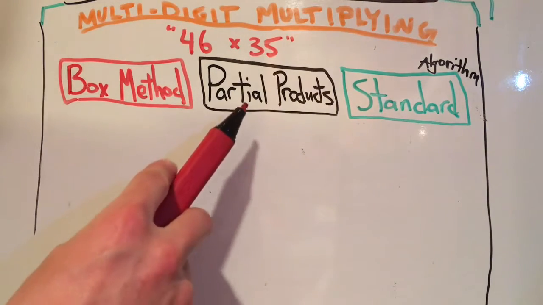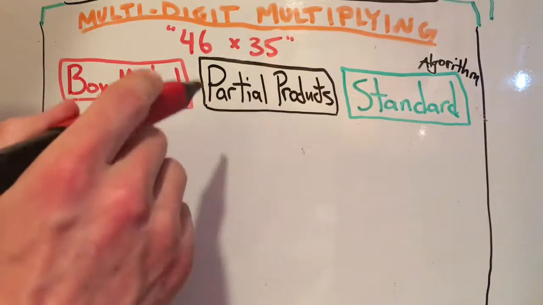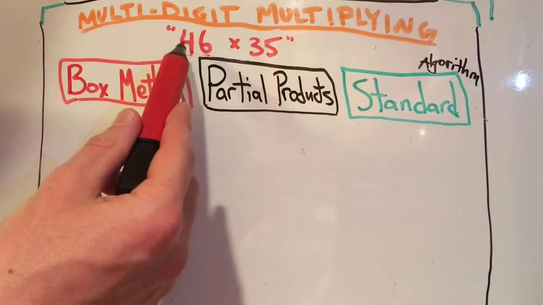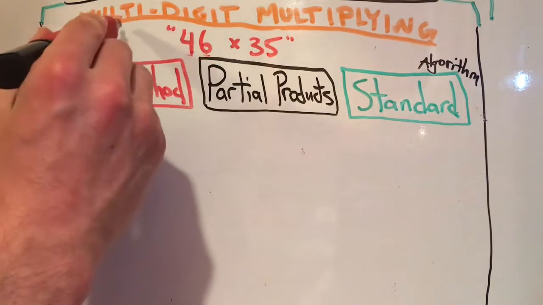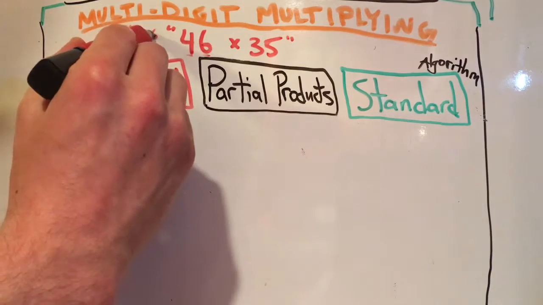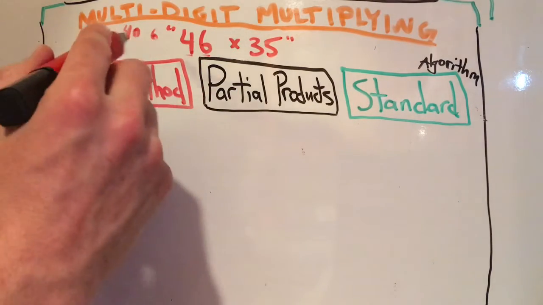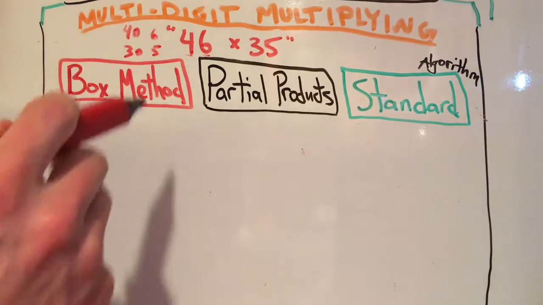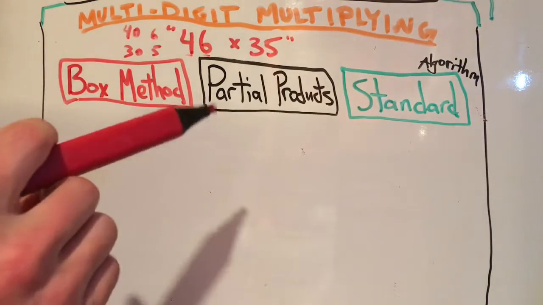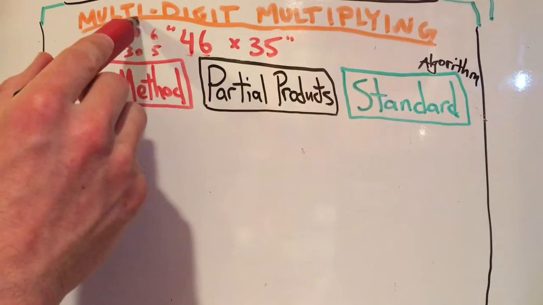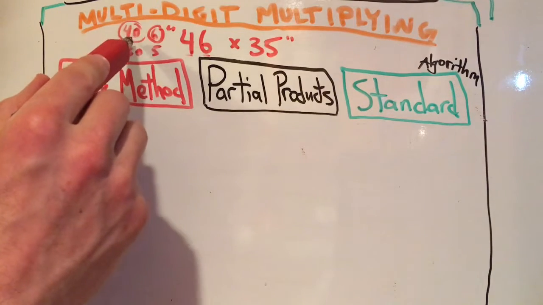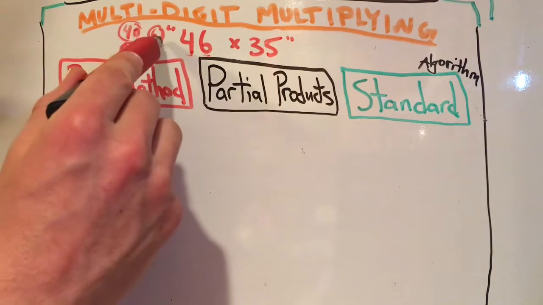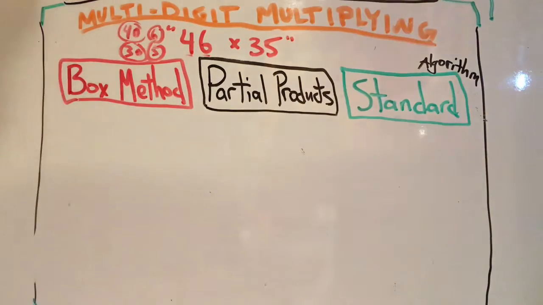And I'm going to try and talk about each one as treating the number 46 as two numbers, 40 and 6, and the number 35 as two numbers, 30 and 5. And I'm going to try and show that each of the methods we're using is going to take apart these numbers into their two place value parts, a 40 and a 6,